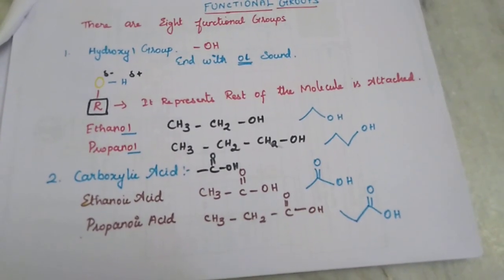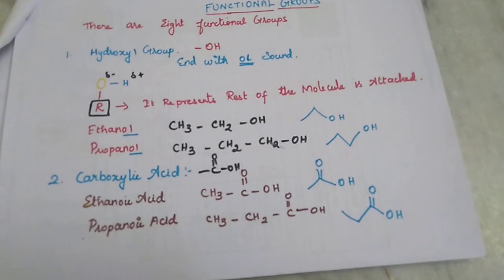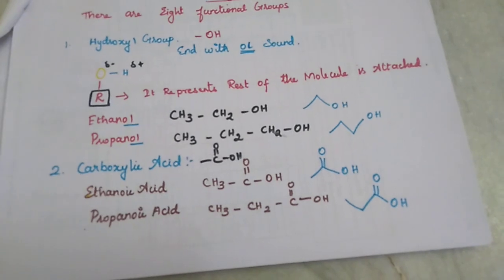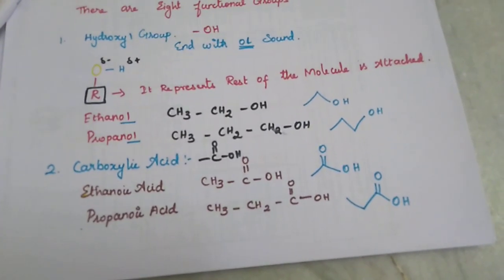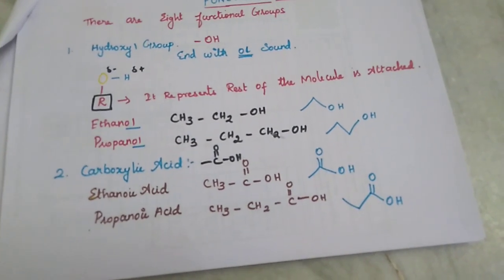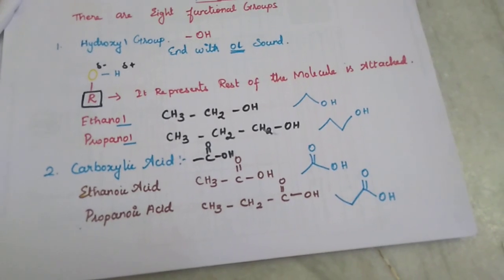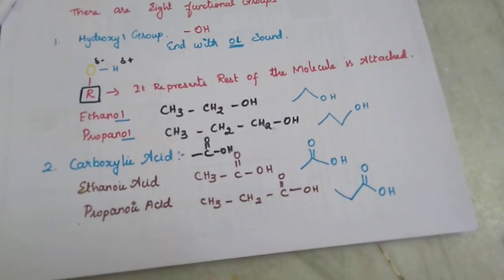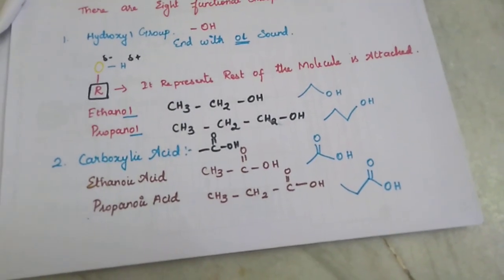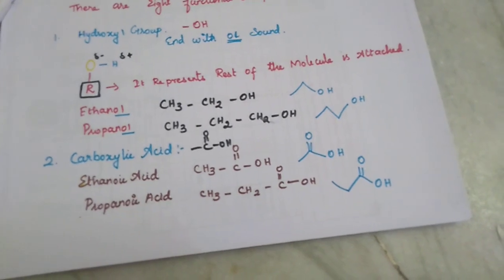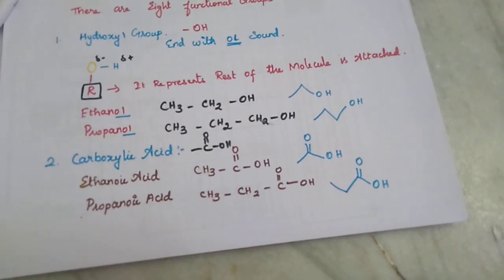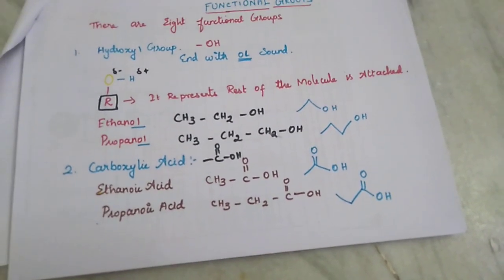It is also attached to your hydrocarbons, CH3COOH, ethanoic acid. The name ends with "oic", ethanoic acid. And the second one, propanoic acid, that is CH3CH2COOH. You see here ethanoic acid, ethane means 2 carbons, so the acid already has 1 carbon and the remaining is CH3COOH. And propanoic acid is the same thing, propane has 3 carbons. Here the acid contains 1 C, so we write it as CH3CH2COOH.